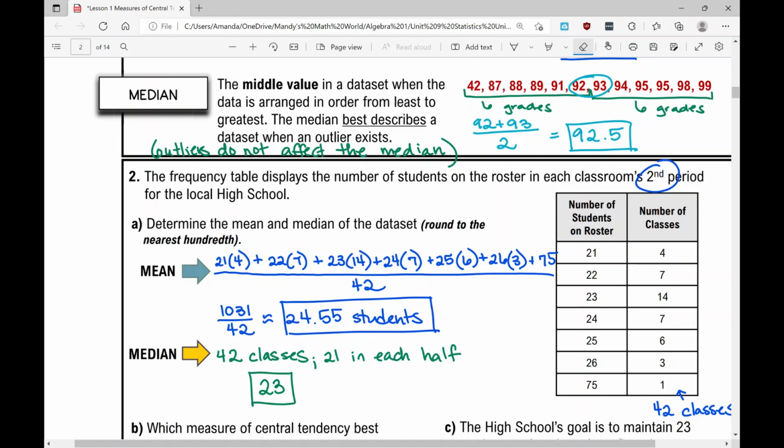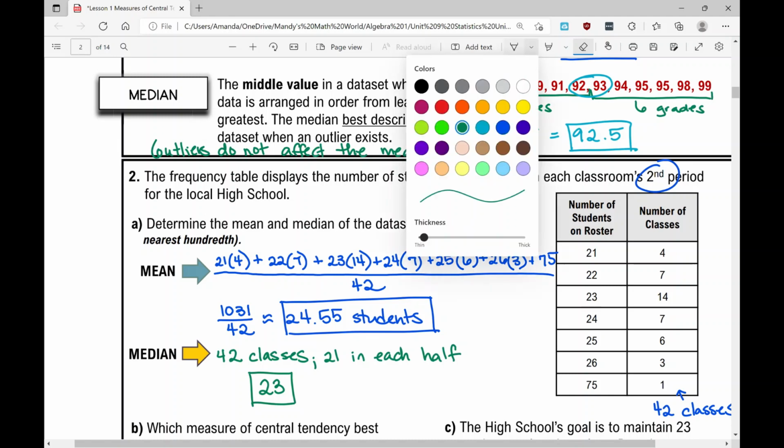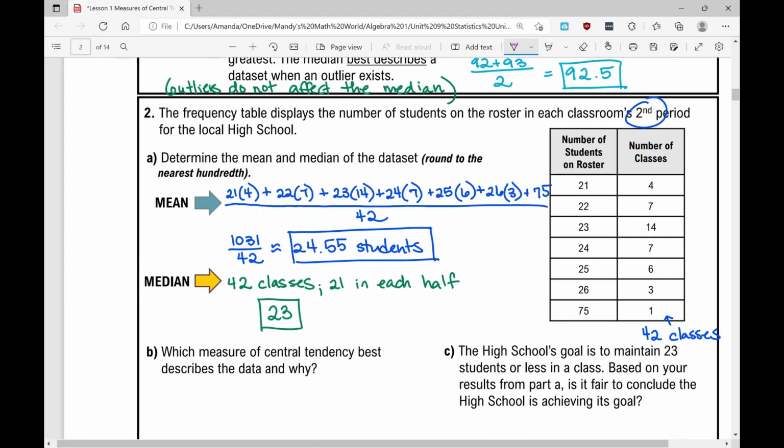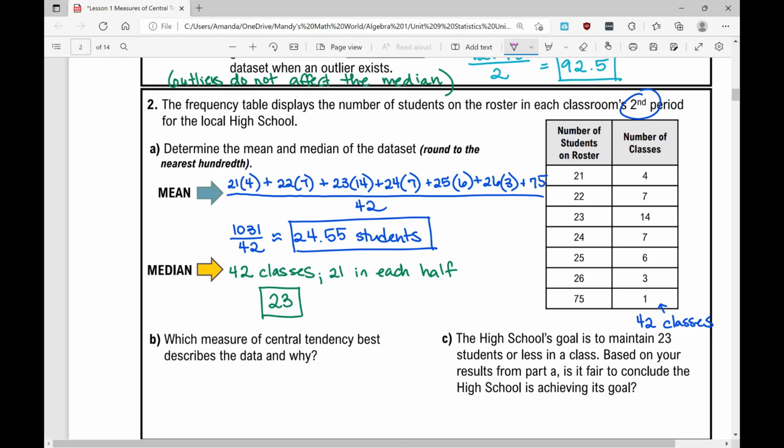Let's go through and answer these questions. Okay, let me see. Which measure of central tendency best describes the data and why? When you're given a situation where you have an outlier, which this is an outlier, it is a very high value. You have all these classes that have like 21 students, 22, 23, 26, and then you have one that's 75. That's got to be athletics or something, right? That's a very high value. That outlier will really skew your